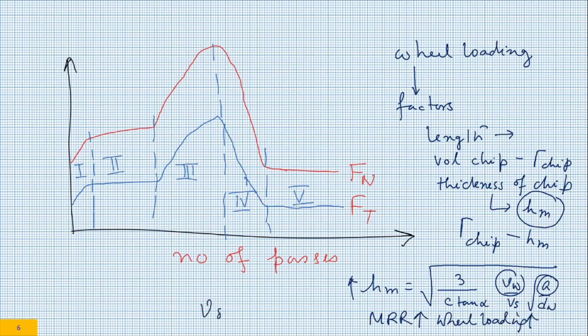What about V_s? If you increase V_s, h_m reduces. This is qualitative analysis. Quantitative analysis we are not doing today. We will do that. If V_s increases, h_m reduces. So wheel loading chance will go down. What should happen to C? If I increase C, h_m reduces. Can I say at this stage the chance of wheel loading goes down? We cannot, because try to recall, we have calculated l_g as 1 upon C. So as C goes up, this particular quantity goes down.